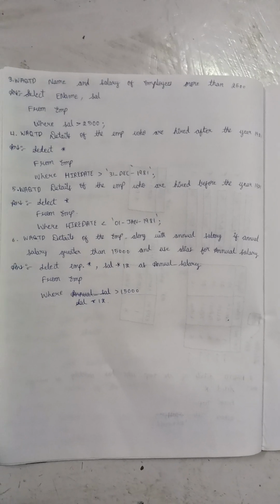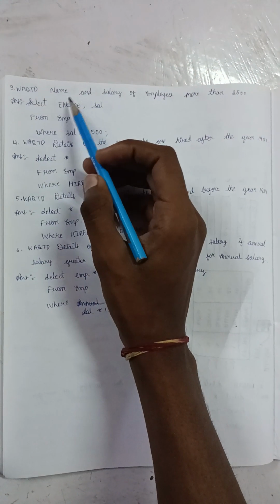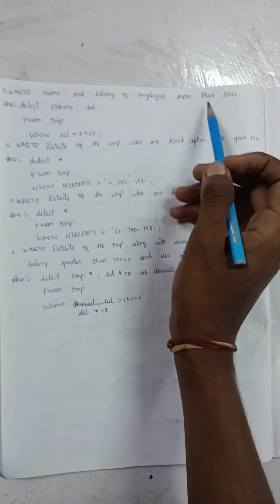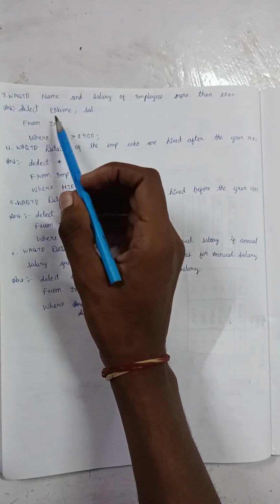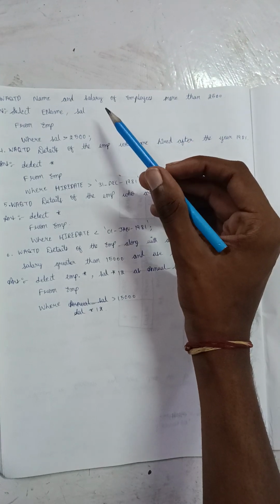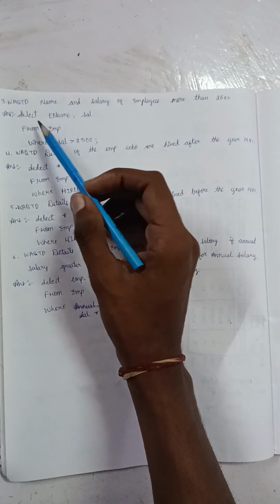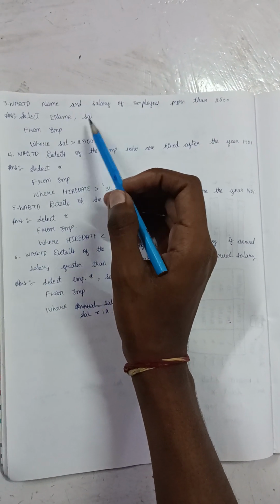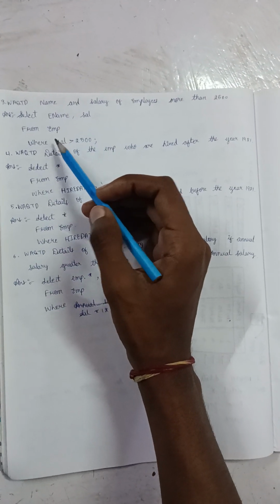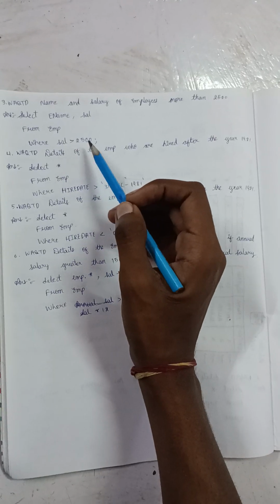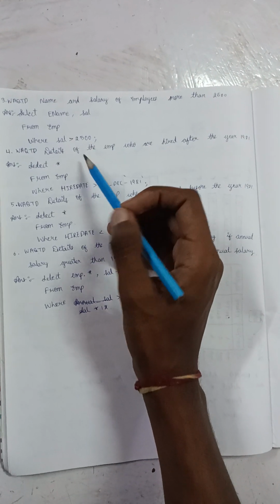We will discuss another question. Write a query to display the name and salary of employees with salary more than 2500. So we want to display the employee name and salary more than 2500. SELECT ename, salary FROM employee WHERE salary > 2500;